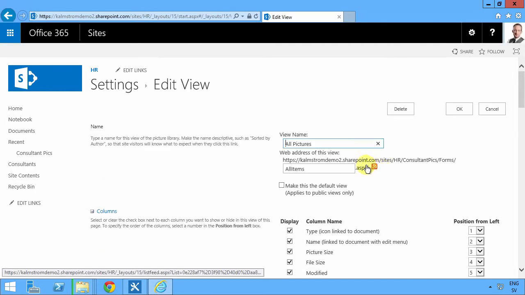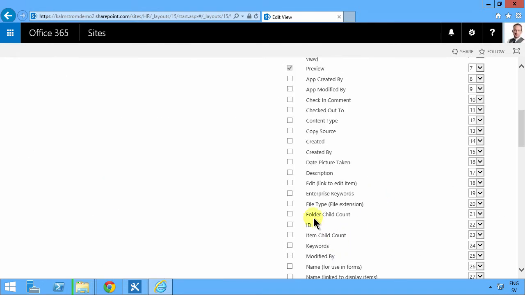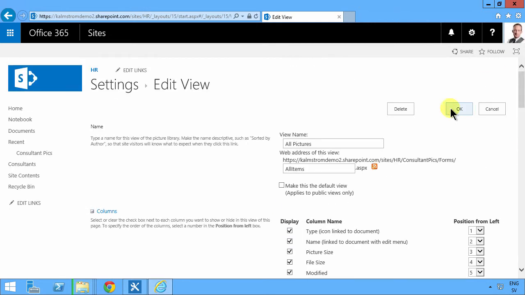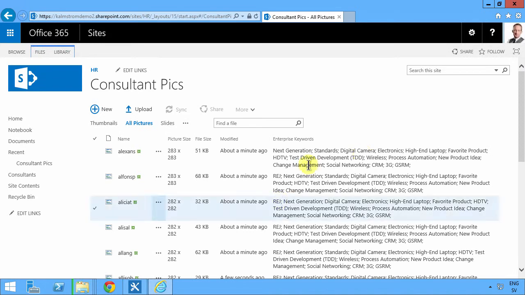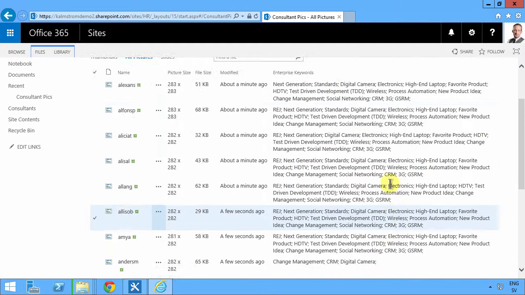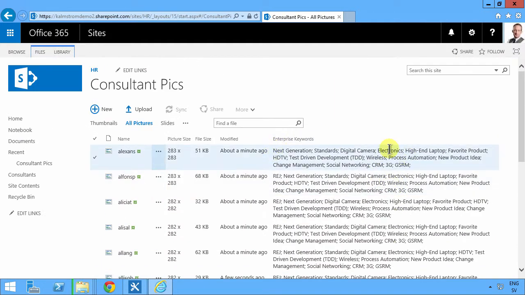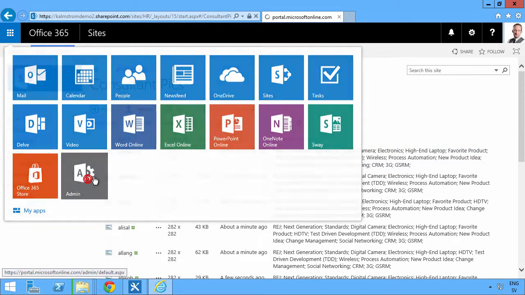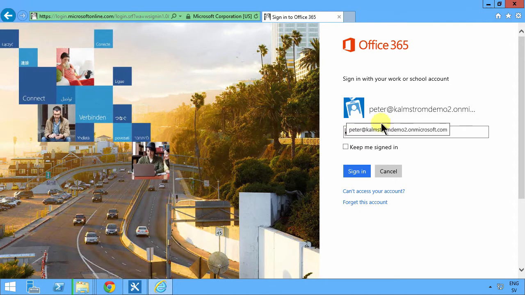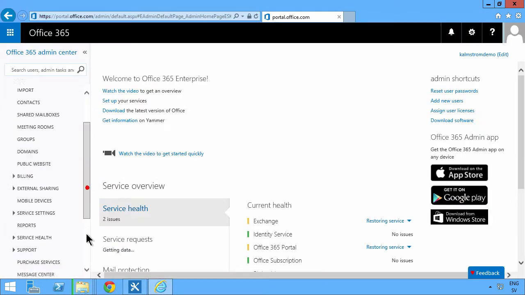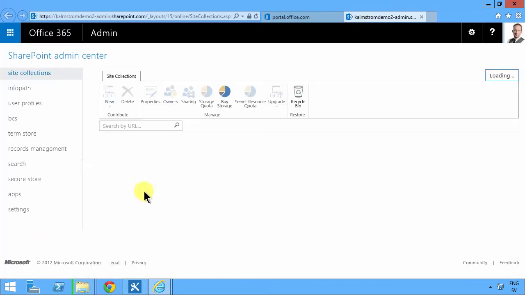So I'm going to go into all pictures here and modify this view so that we can actually see the enterprise keywords being filled in. And one of the beautiful things now is that these enterprise keywords are of course available for tagging wherever in your organization. So if I go into my admin here and find the SharePoint Admin Center, I'll go into the term store,